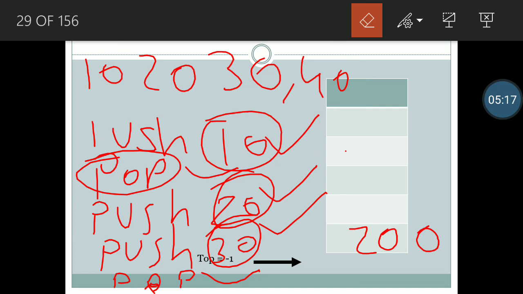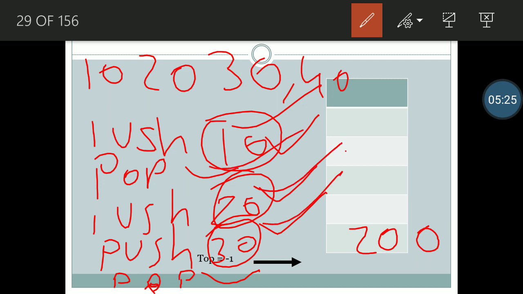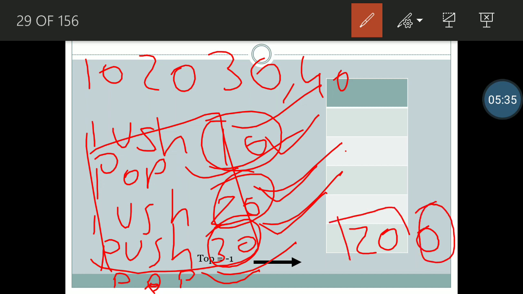So after performing push 10, pop, push 20, push 30 and pop, our final answer is top's value is 0 and the element of the stack is 20.